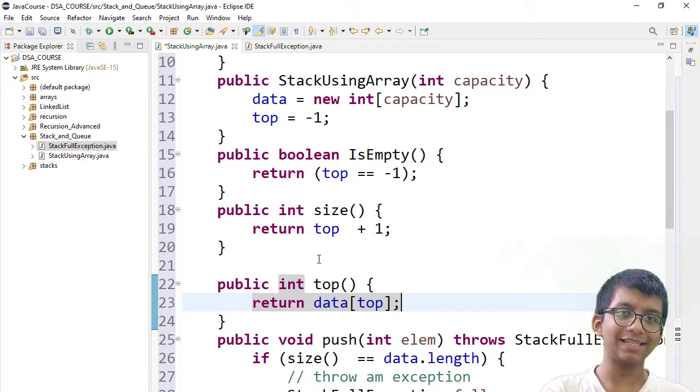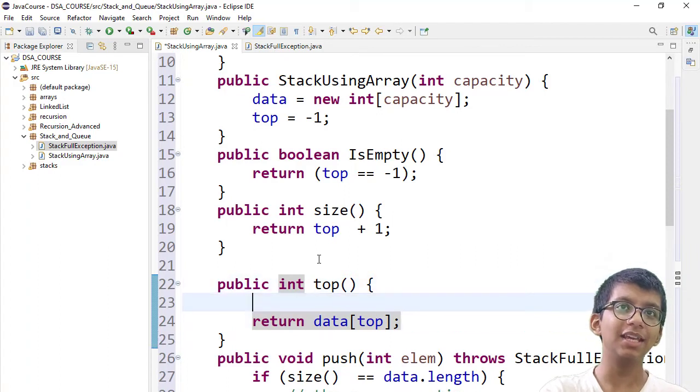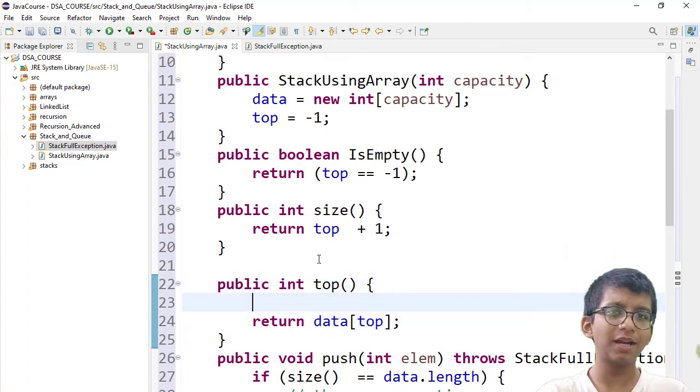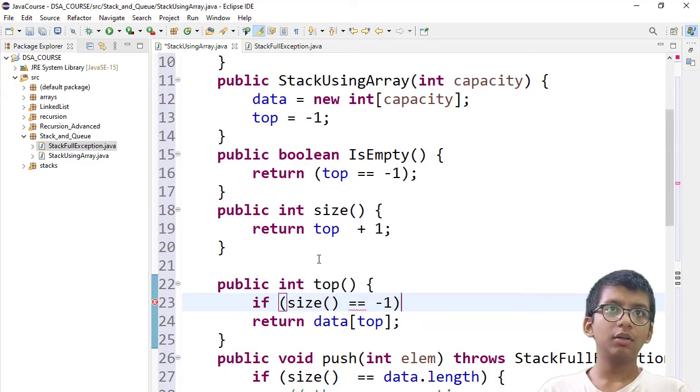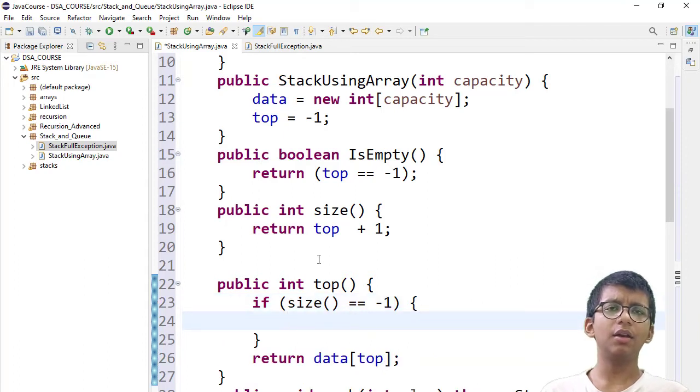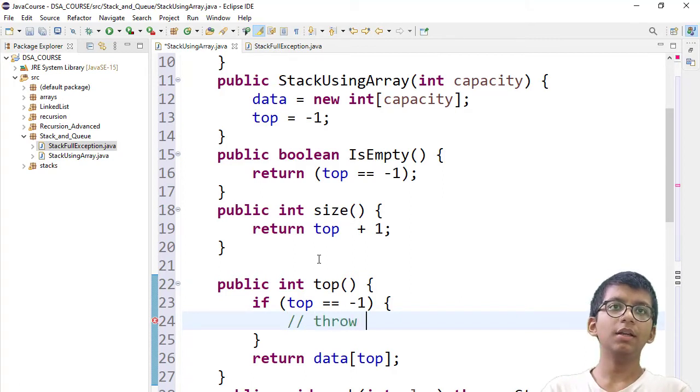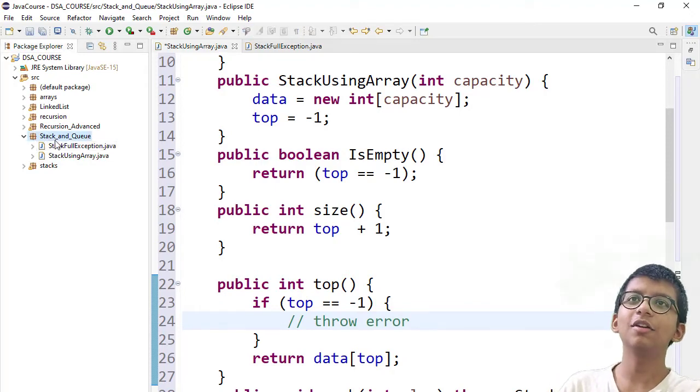But what if your data is empty? Your stack is empty. What will you do? Your stack is empty, so you don't have a top. So you can return -1, or you can raise one exception if the size of your stack is equal to -1, then simply, top equals -1. Then you can throw an error. You can write the function by yourself, but let me show you how I can make one